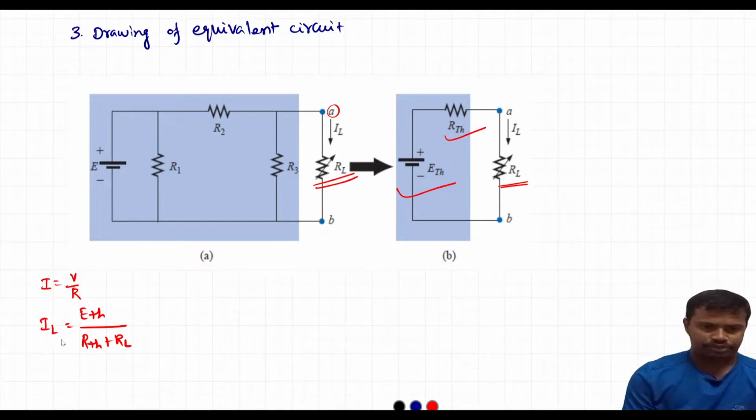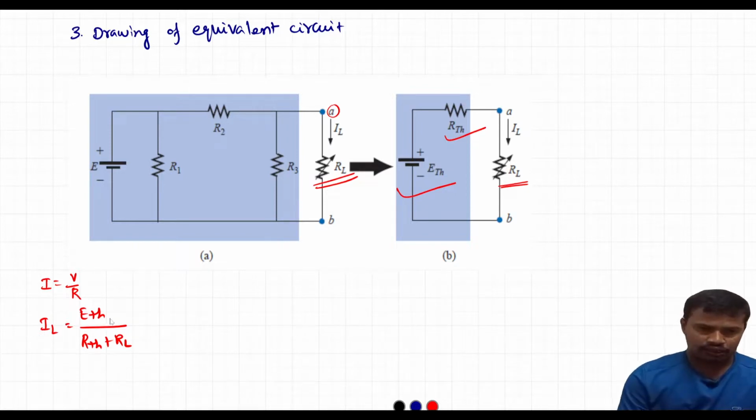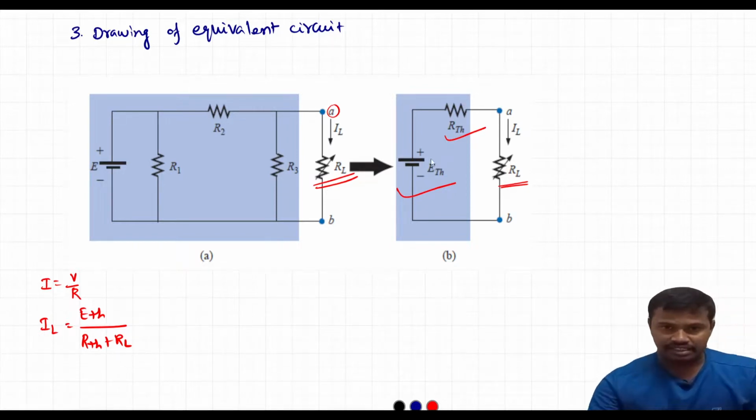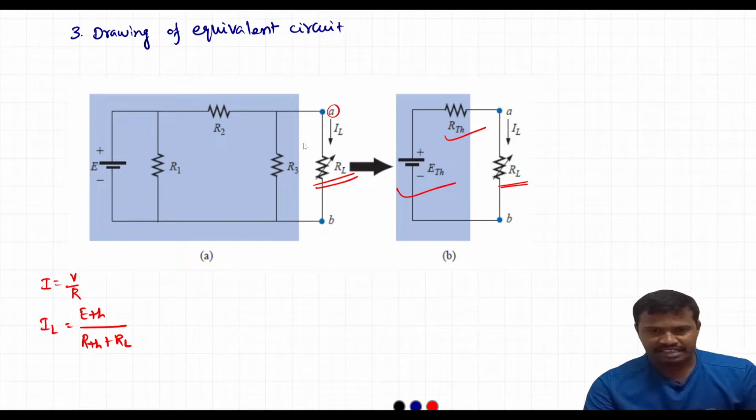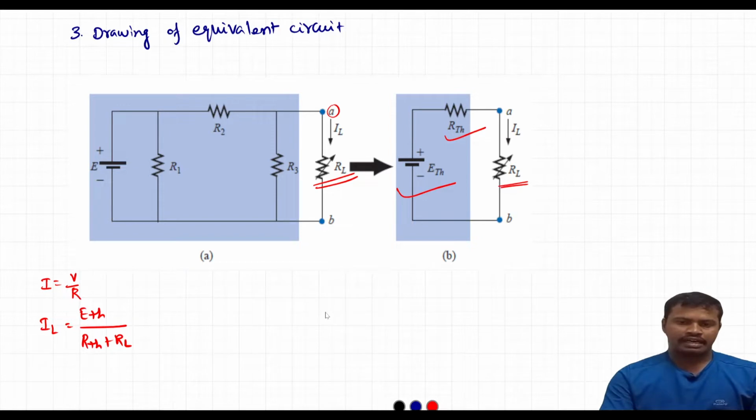Now we can find the load current flowing through the load resistor. The advantage of this is that a very complicated, complex circuit can be converted into a voltage source in series with one resistor,